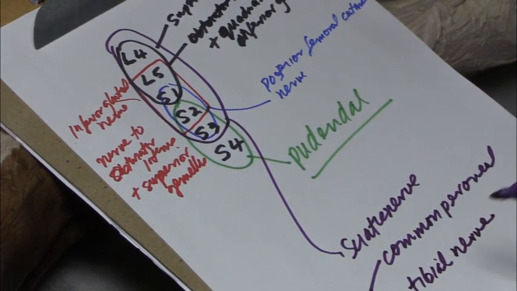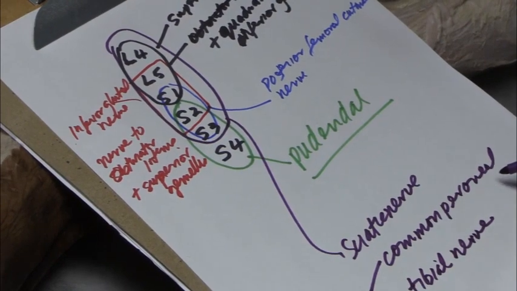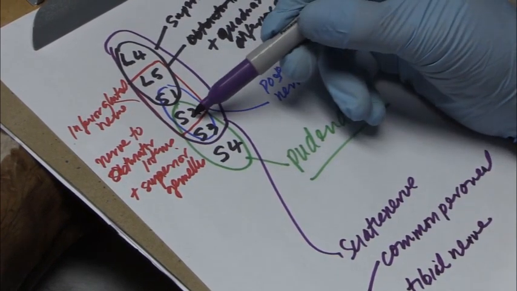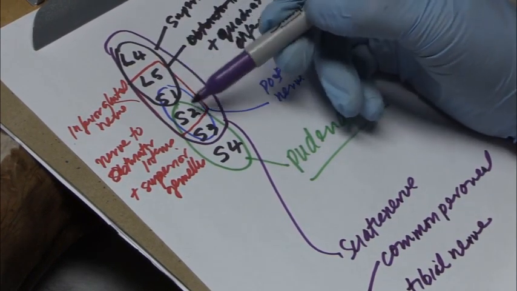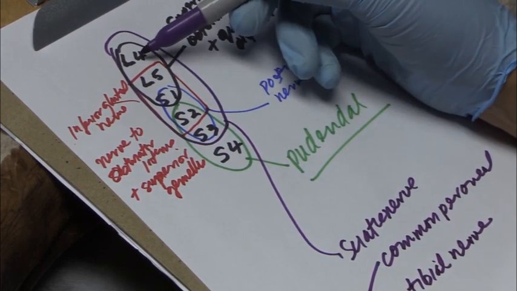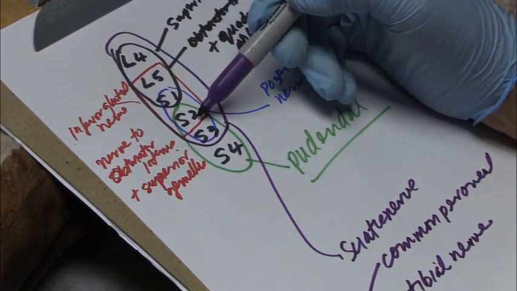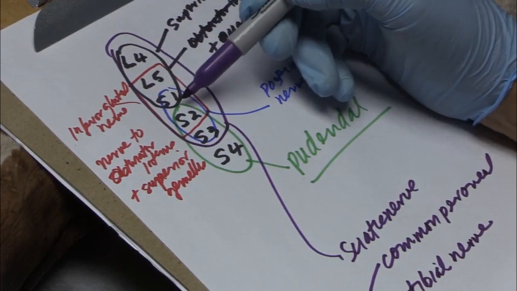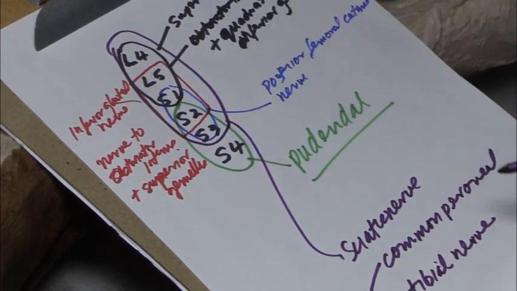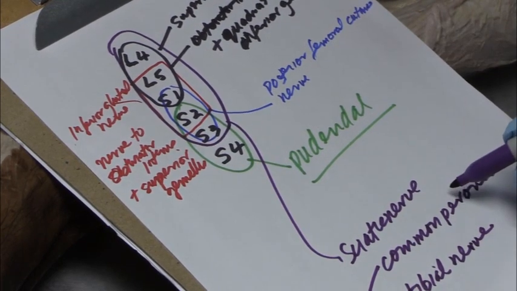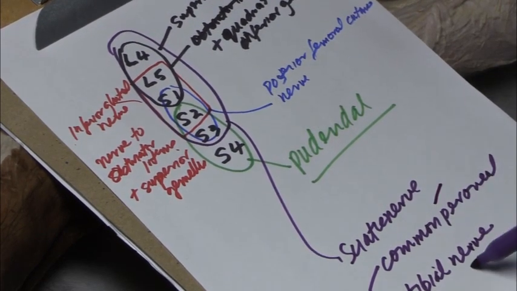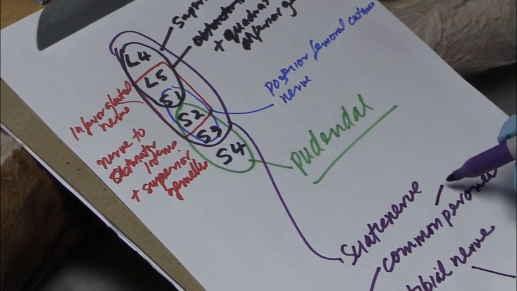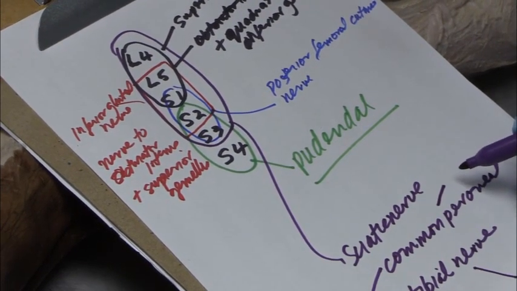And they have the same nerve roots except common peroneal has one root less. Common peroneal is L4, L5, S1, S2, and the tibial is L4, L5, S1, S2, S3. Then you have to know which one is anterior root and which one is posterior root. But you remember the common peroneal is